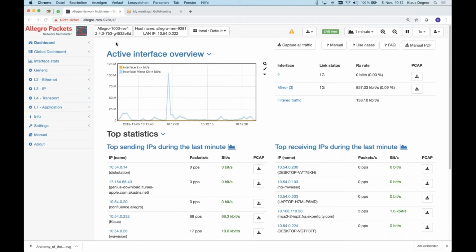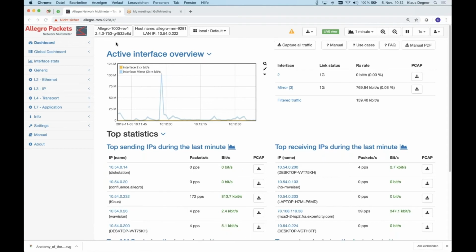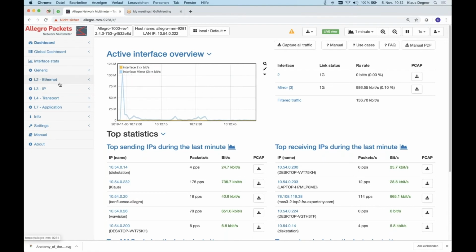And we decided to make it very clean and easy to use. First of all, the management is out of band, so we never introduce any packets into the client network. The navigation design is quite simple. You have here on the left side the navigation similar to the OSI layer.